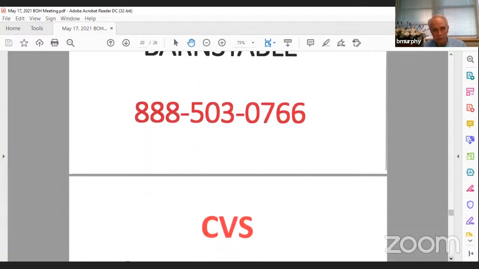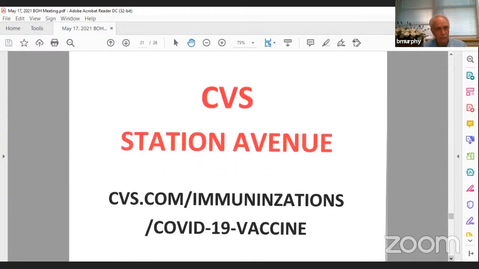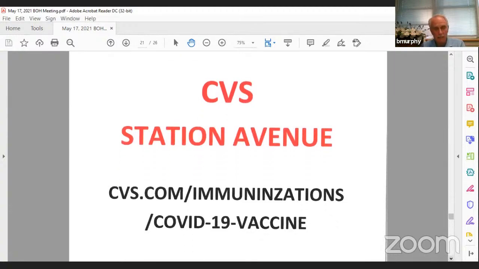Okay. And my last slide, right? Well, we have the CVS on our own Station Ave right here. They're not quite a walk-in. They're not one of the CVS walk-in sites within Massachusetts, but you can order and sign up for a vaccine within 1 or 2 days. So that you have to do through their CVS immunization COVID-19 website. So people have a lot of opportunities for vaccine and walk-in availability.